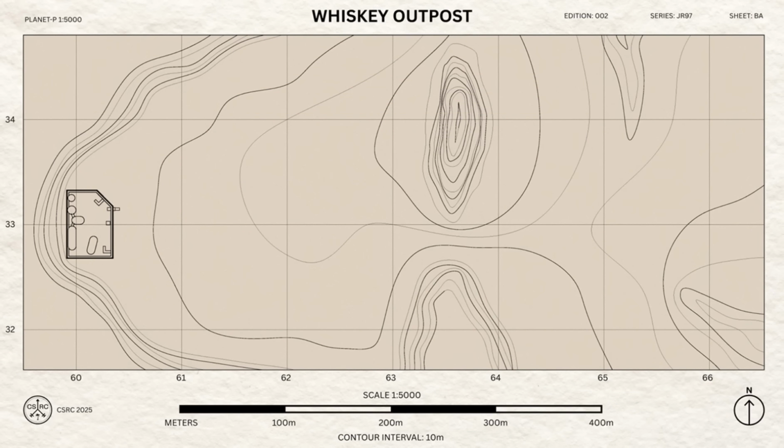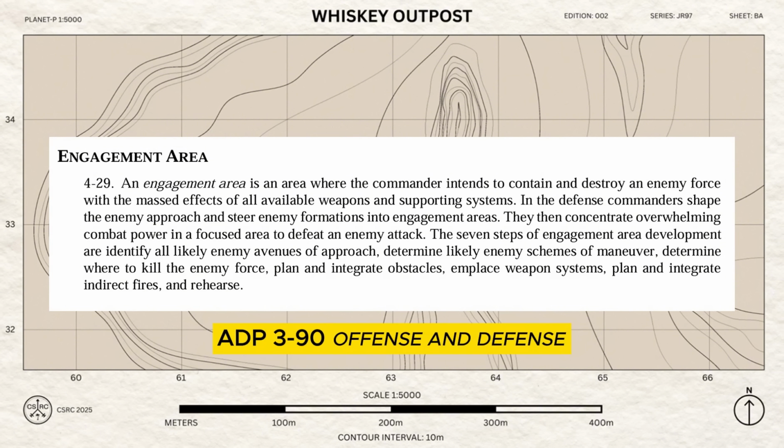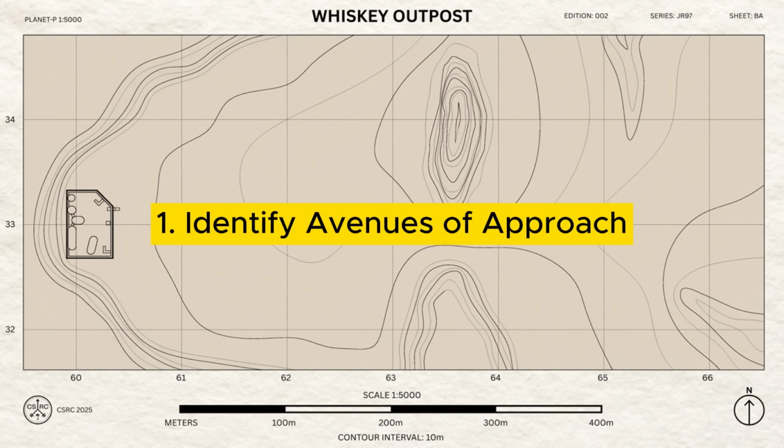When creating a defensive battle plan, one of the key tasks is engagement area development. In simple terms, an engagement area is a pre-sighted portion of the battlefield where a defending force plans direct fire, indirect fire, and obstacles to destroy the enemy on ground of their choosing. Step 1 involves determining the likely enemy avenues of approach. Having done our enemy analysis, we know this will involve ground,